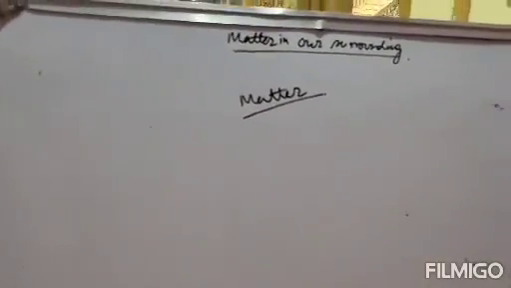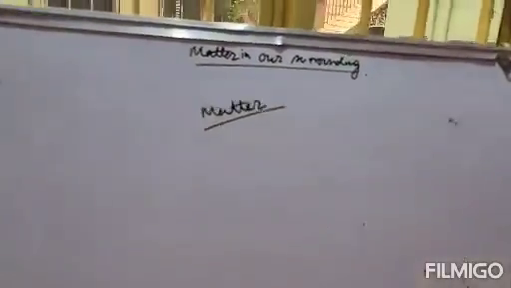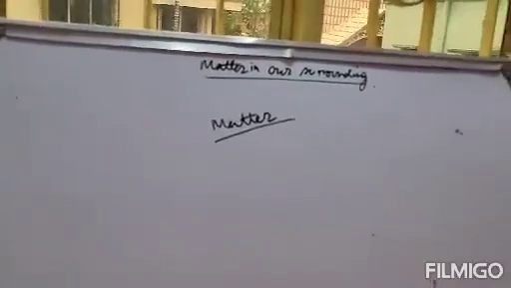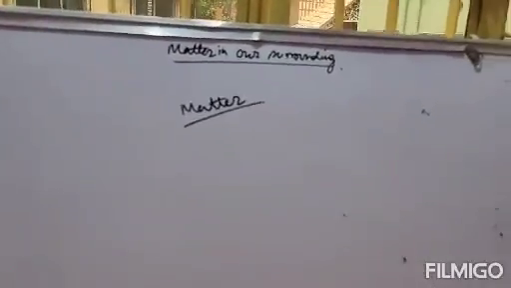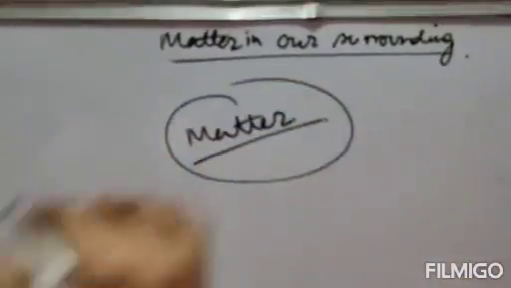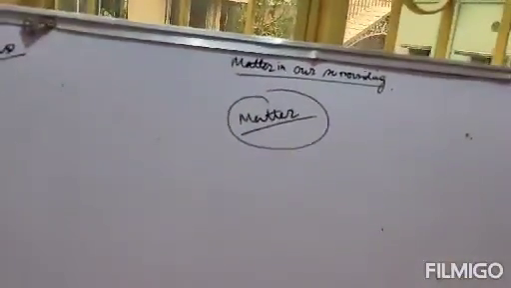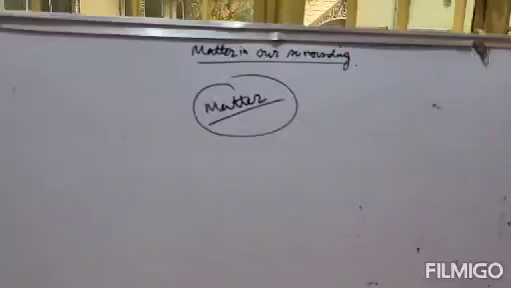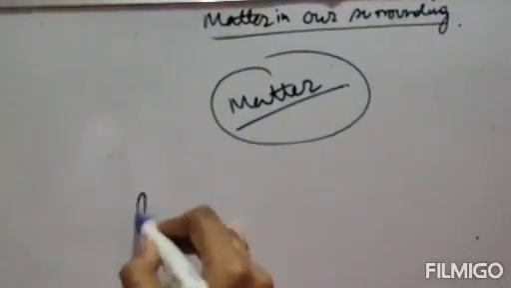Clear? Actually everything in the universe is made up of material, that is called matter. Everything in this universe is made up of material which is called as matter. Clear? So we will study first what are the properties of matter. What are the properties of matter? The number one